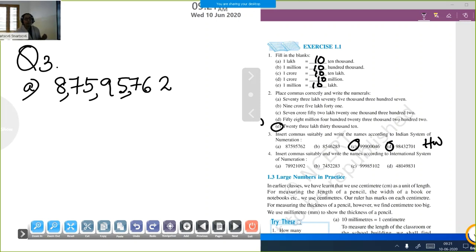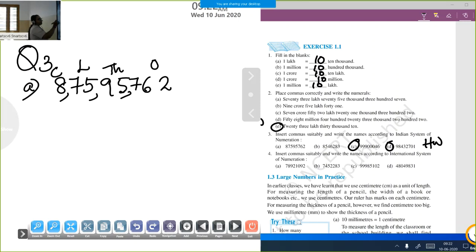Why we are putting commas is that it is easy to read and write. If larger numbers are coming, we rewrite the number with the commas. So first 3 digits we put a comma, next 2 digits a comma, next 2 digits a comma, like that. Now it is easy to read. This is ones period. This is thousands period. This is lakhs period and this is crore period. No need of writing like this.